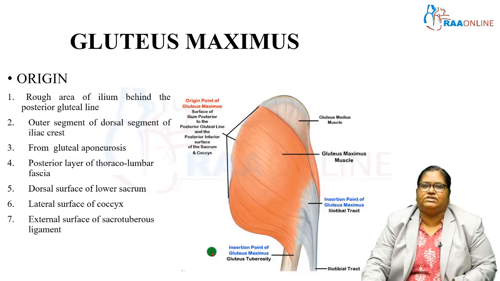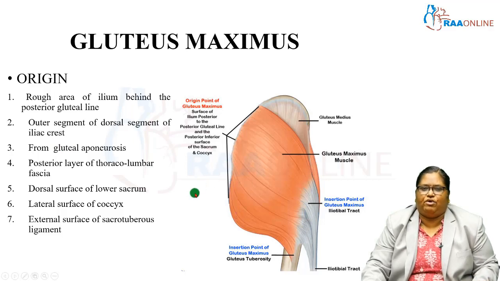What is the origin of this gluteus maximus muscle? It takes origin from the rough area of the ilium behind the posterior gluteal line. As we know, the ilium has three lines, that is the anterior gluteal line, intermediate gluteal line and the posterior gluteal line. So the origin of the gluteus maximus is from the rough area of the ilium behind the